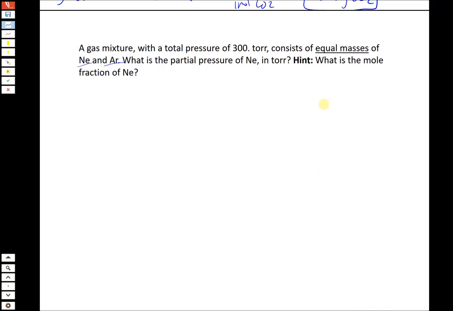Now we could do this algebraically because we know the mass of neon is X and the mass of argon is X, and so we could do a bunch of algebra to figure out, okay, if that's the mass of each gas, what's the relative number of moles and what's the mole fraction and so on. And that's the hint we're given, is what is the mole fraction of neon, because if we want the partial pressure of neon for this mixture,